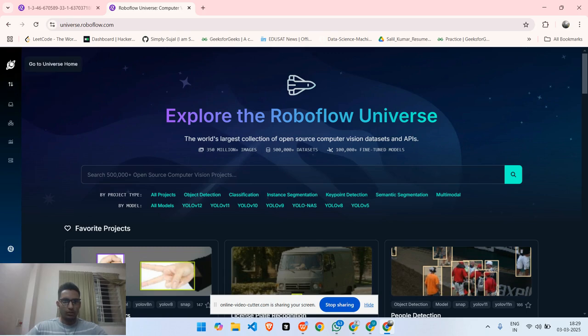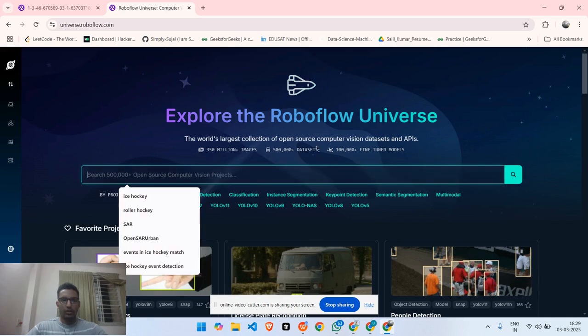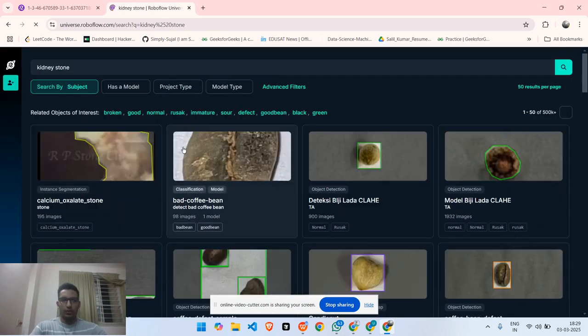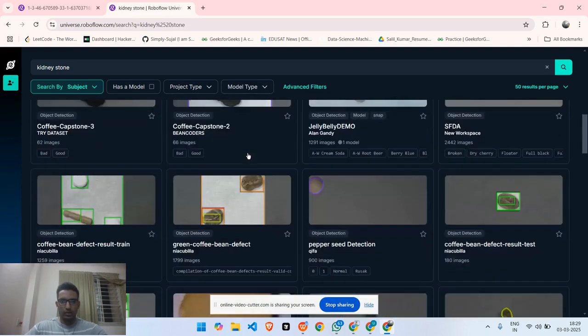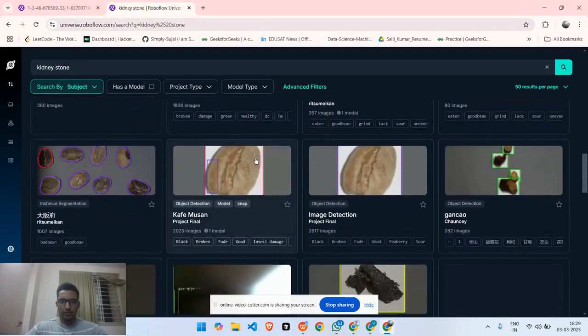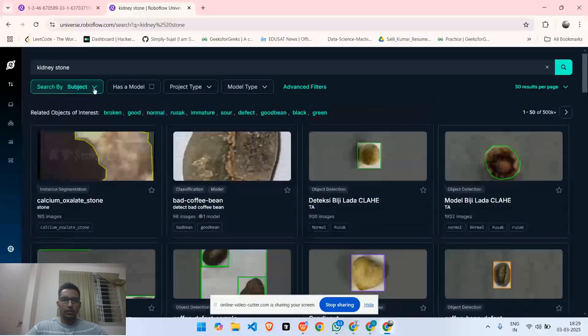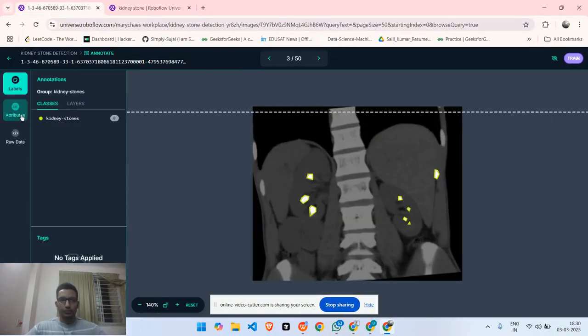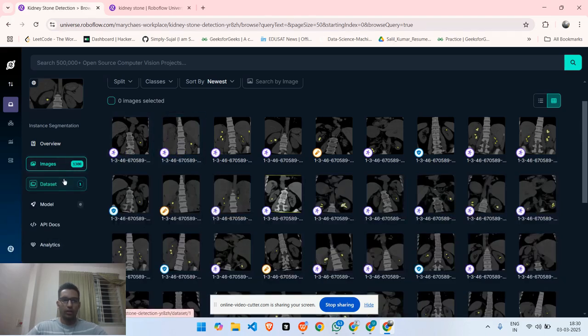into the Universe which is being opened here. Now you have to search for, suppose you are working on kidney stone, so you have to search for this and you might get some similar results. Okay, but since we are working on this dataset, I'm going to walk you through how to import this dataset into code. Right, since this dataset has already been created and annotated, we do not need to